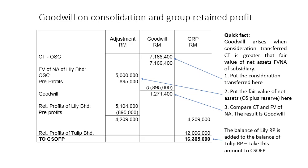Let's look at this quick fact. Number one, we put the consideration transfer here, and then second step, we put the fair value of net asset, that is ordinary share plus reserve here, and number three, we are going to compare the consideration transfer and fair value of net asset, and the result is goodwill. Lastly, the balance of Lily Berhad retained profit is added to the balance of Tulip Berhad, and this amount will be taken to